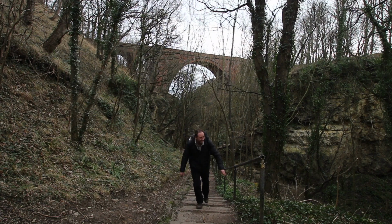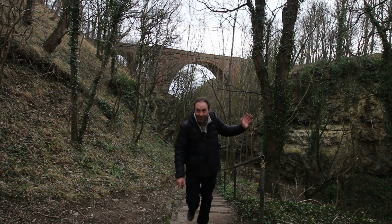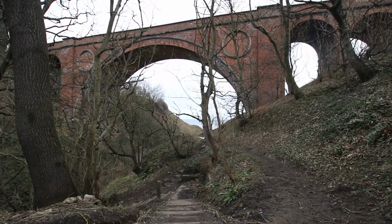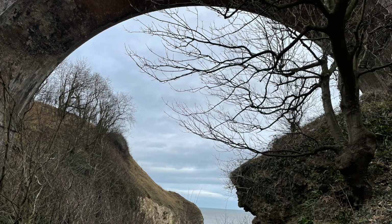Thankfully in the Dene, Hawthorn Dene, it's a little sheltered from the wind, and it gives the first glimpse of the viaduct and what a fantastic structure it's looking. What do I know about it? All I know is that it was built in 1905 when the Durham coastline was built. There used to be a line inland, and